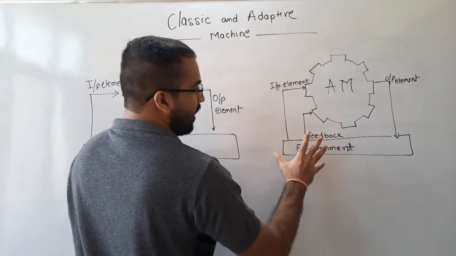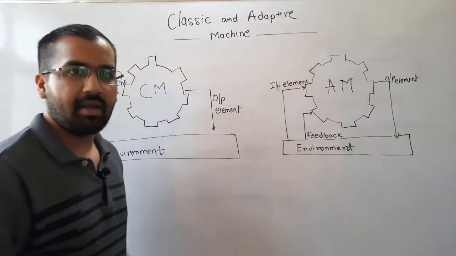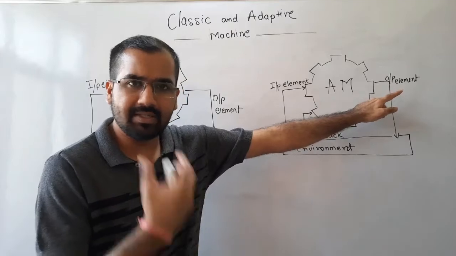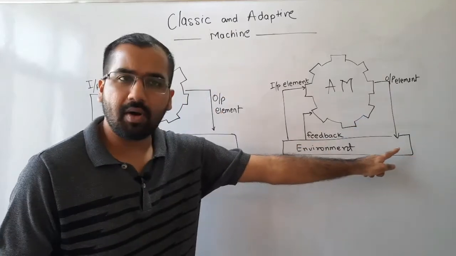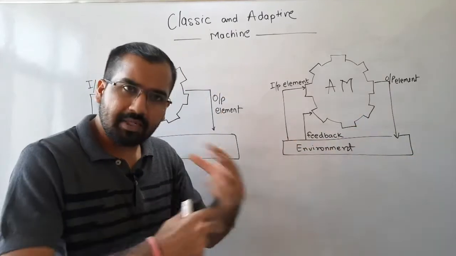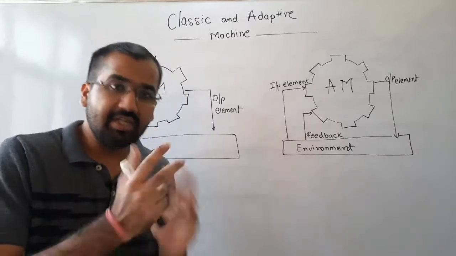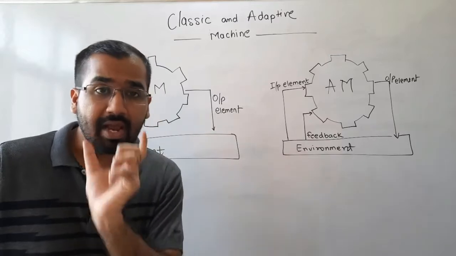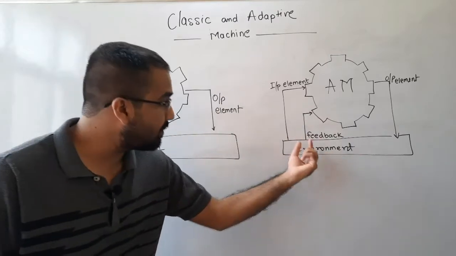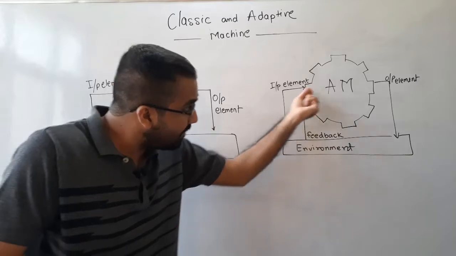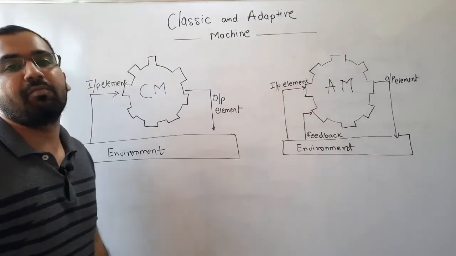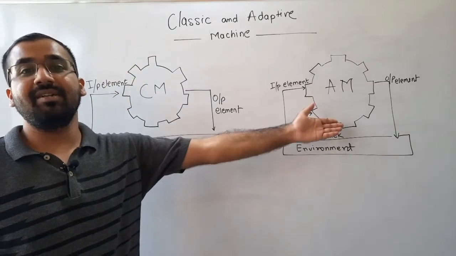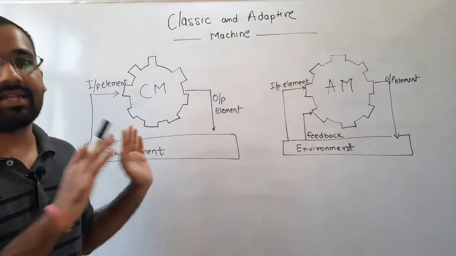Simple it is. The environment provides some input element to the adaptive machine. It produces some output elements, you can say actions, which act upon the environment. The environment is going to change, the state is going to change, and that piece of information about the environment state is nothing but feedback, which is provided to your adaptive machine. And here there is a trainer. As I mentioned, in this type of machine a trainer is present; there it is absent.